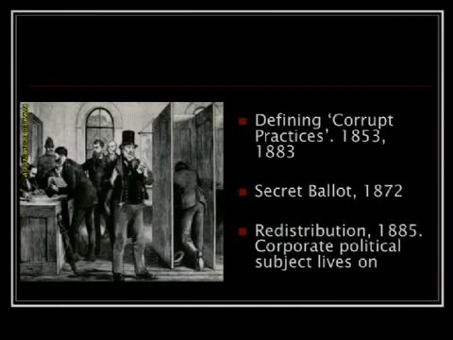Now, one qualification that I want to make to that, okay? If I'm talking about a new type of political subject coming into being, this idea of a liberal individual acting in their own conscience and no one else, there were also contradictory trends that went on. Okay? And the Redistribution Act of 1885 is a great example of a counter trend. What the Redistribution Act of 1885 does is it doesn't get rid of double member constituencies. What reformers wanted was to get all constituencies down to voting one candidate and to have constituencies all of the same size. And the 1885 Act was a complete fudge